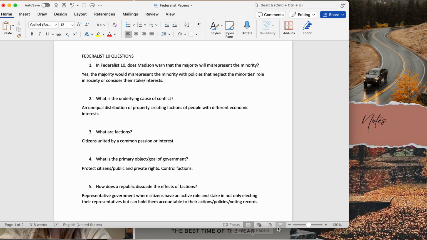Okay, so first I'm going to go over the Federalist Papers, since your homework was due on Friday. I believe everyone turned it in. Might have been one or two who didn't, but feel free to email me if you have issues with that. I'm just going to go over it really quickly. I'm assuming that your answers look very similar to mine. Again, when I'm grading, I'm primarily grading for completion. If you're answering with 1 to 4 or 5 words, I'm probably going to take off points because you're obviously not engaging with the material. But as long as I can tell that you put in an amount of effort, that you looked at it,